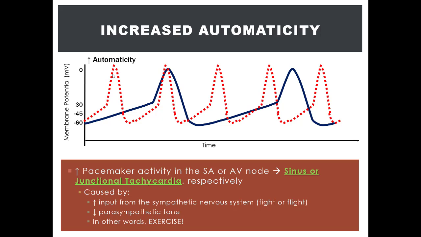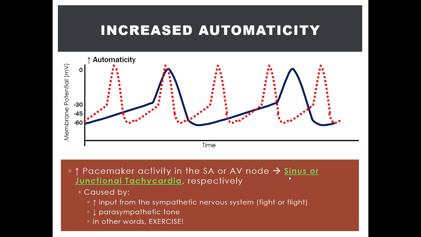And you see that the final depolarization leading up to the action potential via L-type VDCCs and large calcium influx is also more rapid. Thus, perhaps when the nervous system stimulates the SA node, there is greater influx of sodium and calcium ions through their respective channels on the SA node. And so when the SA node produces a higher rate of action potentials, well, there's going to be a higher heart rate since each action potential again leads to a heartbeat. This increase in SA node activity is referred to as sinus tachycardia.